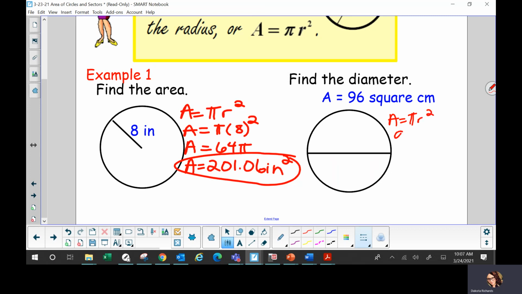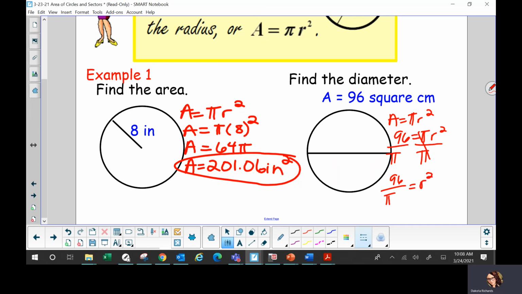The area is 96. So 96 equals pi r squared. Now, to get r by itself, you have to have the radius to figure out the diameter. Divide by pi. So 96 divided by pi